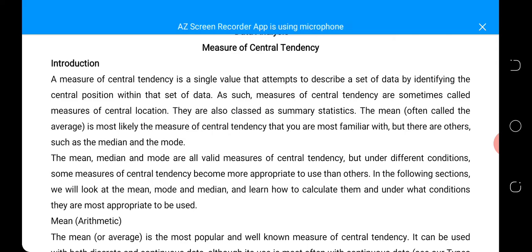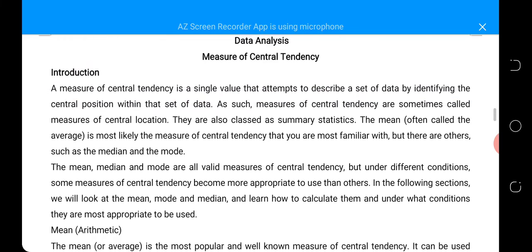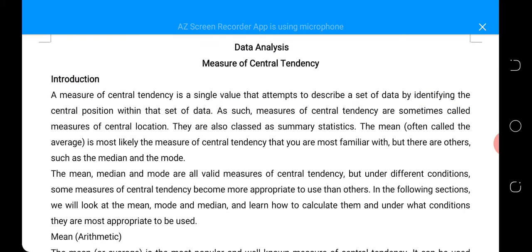Some of the things that can be done under data analysis is